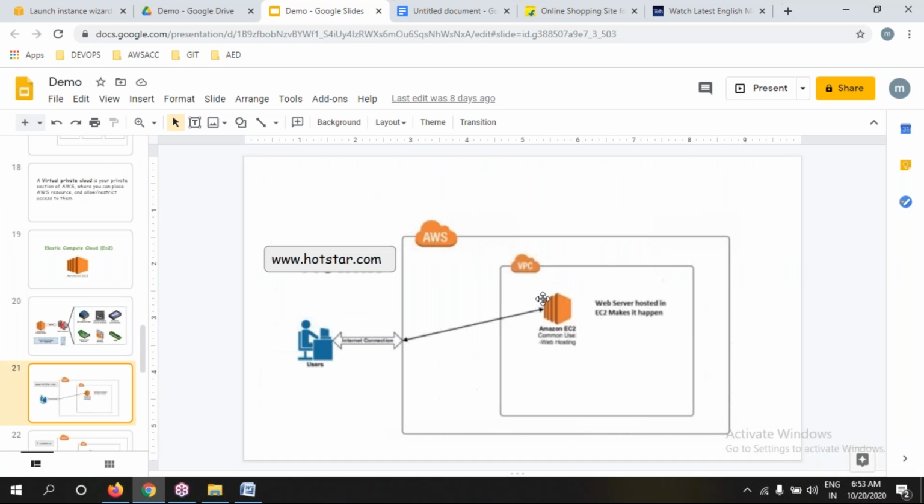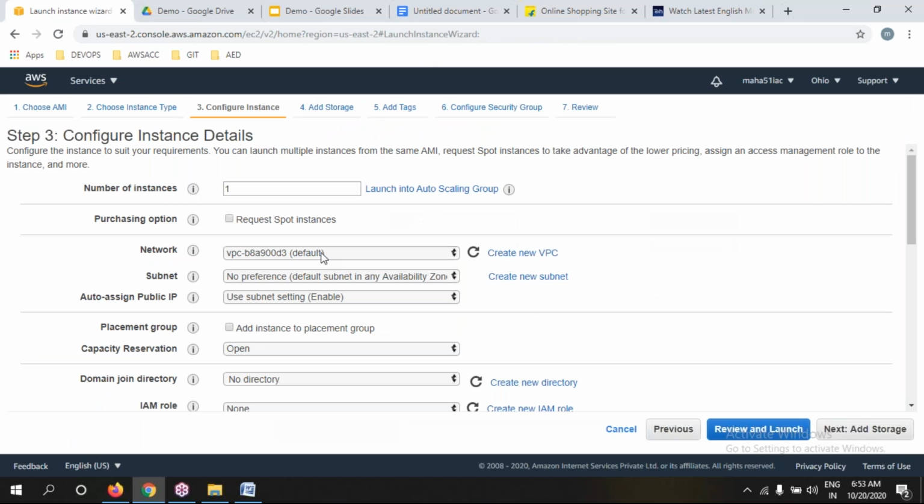If you want to create an instance, we require a network. By default, when we sign up for an account, one network is available. On top of this network, I'm going to create only one server, or else you can create two servers, or 200, or even 2 lakh. But don't create more than 3. Let me create only one instance for today.